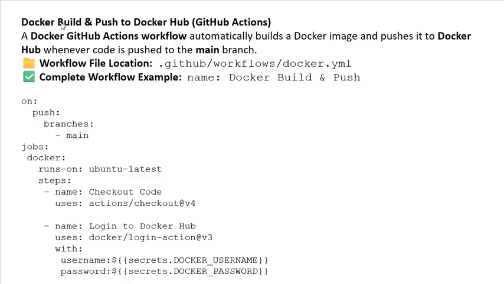Another topic is Docker build and push to Docker Hub in GitHub Actions. A Docker GitHub Actions workflow automatically builds the Docker image and pushes it to Docker Hub when code is pushed to the main branch. The workflow file location is .github/workflows/docker.yml, and the complete workflow example: name: Docker build and push,